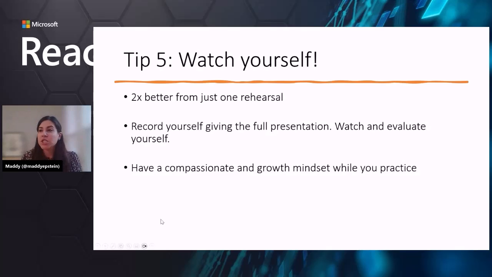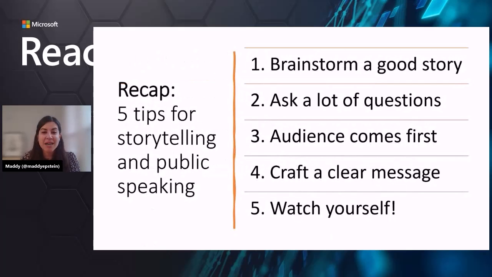So with all of this, I'm going to recap the top 5 skills for storytelling and public speaking all in one place. The first one is brainstorming that good story, remembering the power of a good story: you can get people to see things that they weren't there for and experience things that they themselves haven't experienced, and it'll catch their attention span, because our attention spans are really short. And being really strategic about what you're going to say.